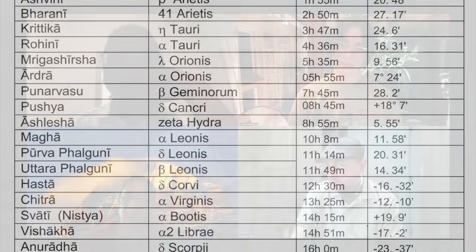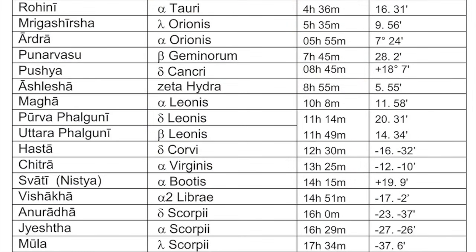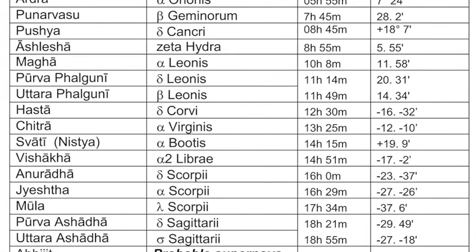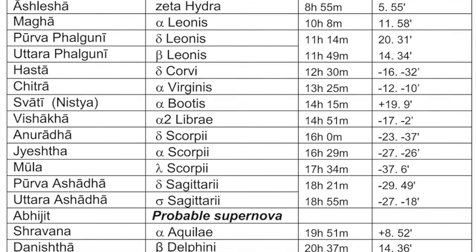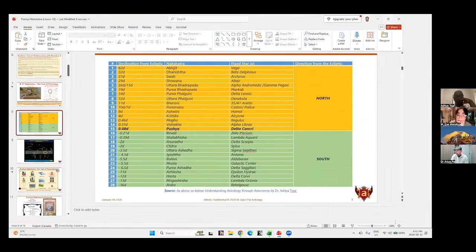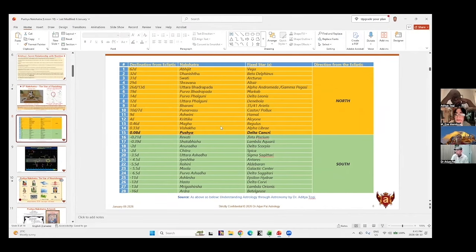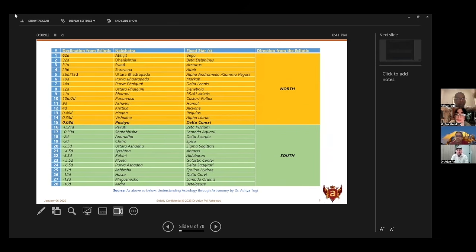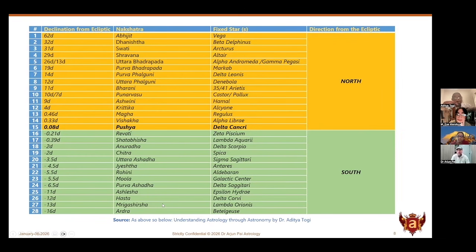So I think we would be able to do a lot of good studies related to this if you can. Okay, Santhip, I can share my screen. Yeah, go ahead, Dr. Pai. Okay, that is Aditya's slide. Can you see this? So I've given you the Yogataras, and this is a slide also from the below, understanding astrology through astronomy, right?